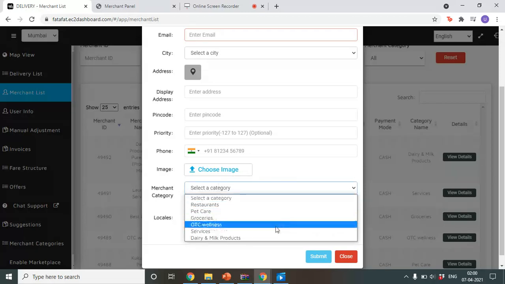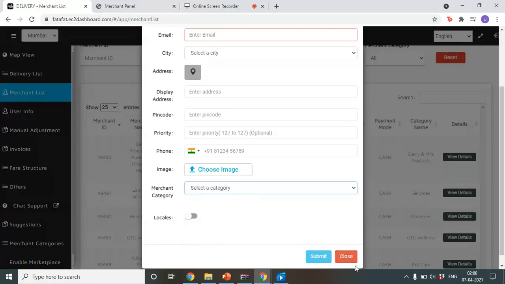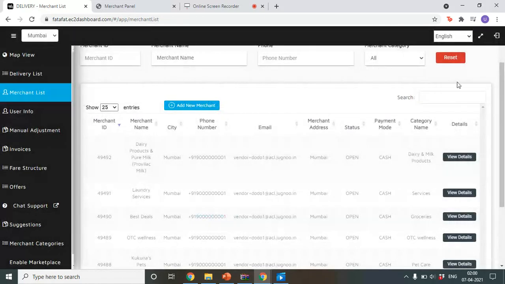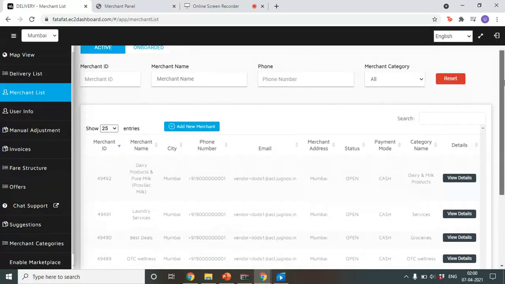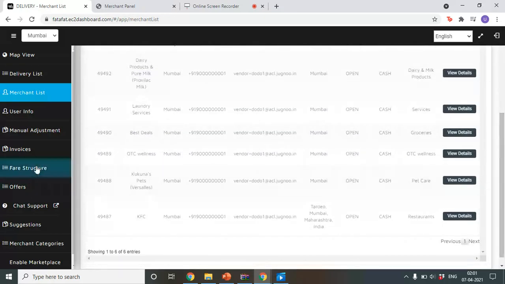And we have to select which category that particular merchant will go into, and then you just have to submit it, and that particular merchant will be added here. He will be onboarded, and once he gets active, he will come under active here. So this was the whole flow and every feature of this admin panel, of the delivery panel.